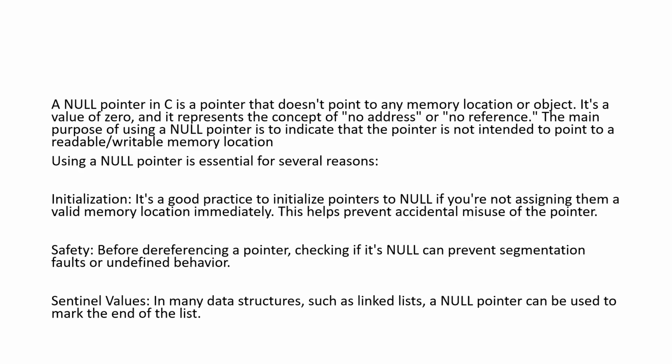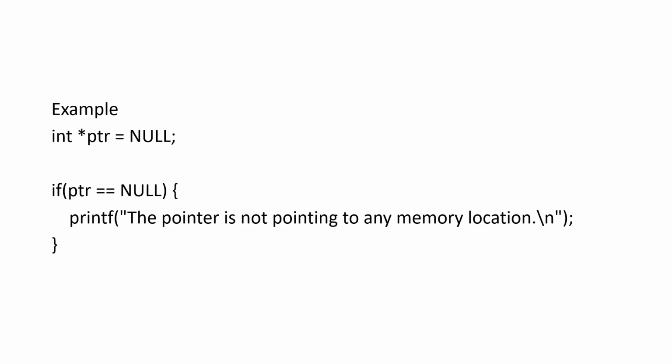Using a null pointer is essential for several reasons. Initialization: it is a good practice to initialize pointers to null if you are not assigning them a valid memory location immediately. This helps to prevent accidental misuse of the pointer. Safety: before dereferencing a pointer, checking if it is null can prevent segmentation faults or undefined behavior. Sentinel values: in many data structures such as linked lists, a null pointer can be used to mark the end of the list. Example: int *ptr = NULL; if (ptr == NULL) printf("The pointer is not pointing to any memory location");